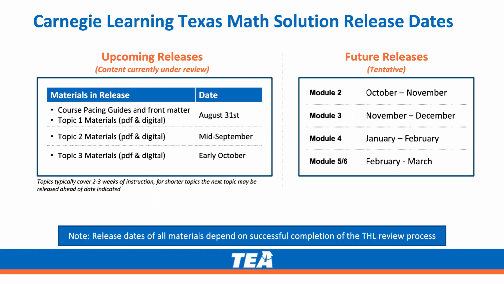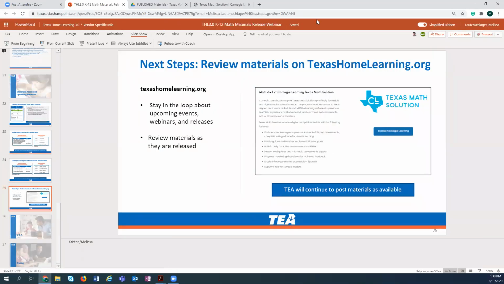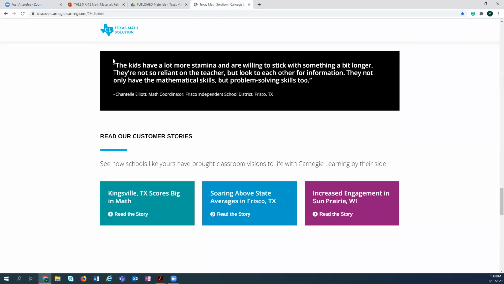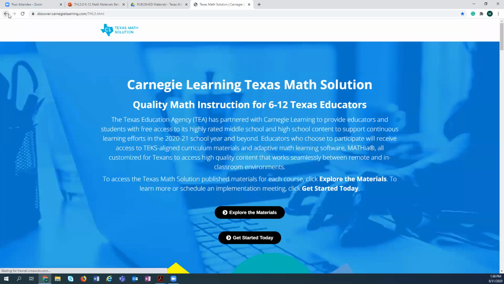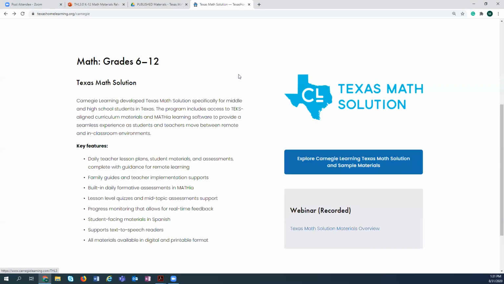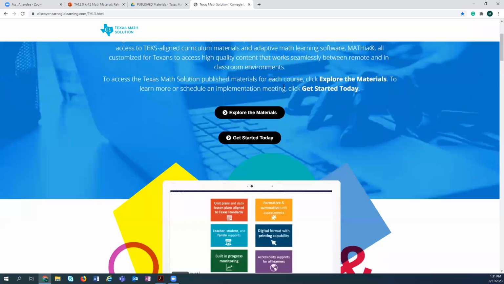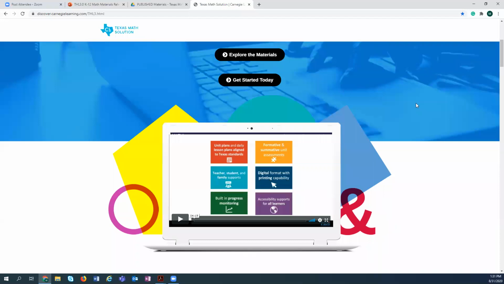Melissa, do you mind navigating to the MATHia demo? Sure. If you go to Texas Home Learning and we clicked on the instruction materials and then Carnegie Learning, if I go to this main page, you can explore the materials and jump into those materials today so you can begin reviewing.